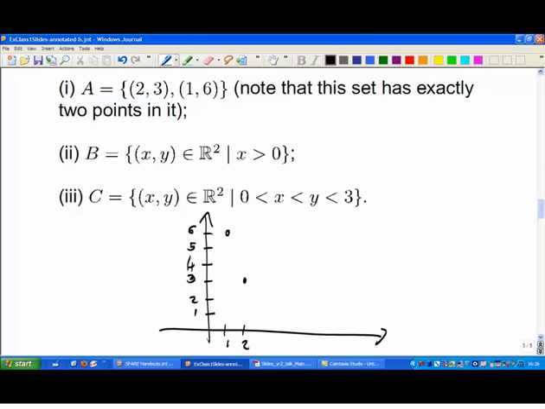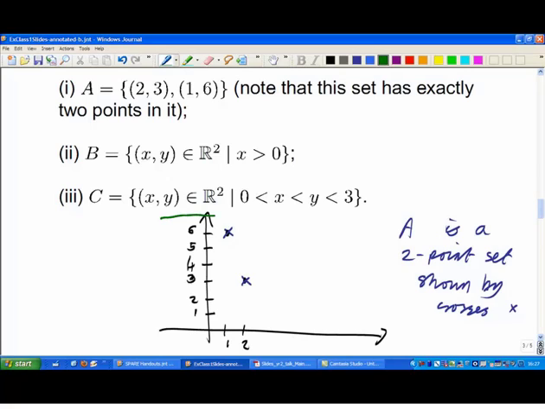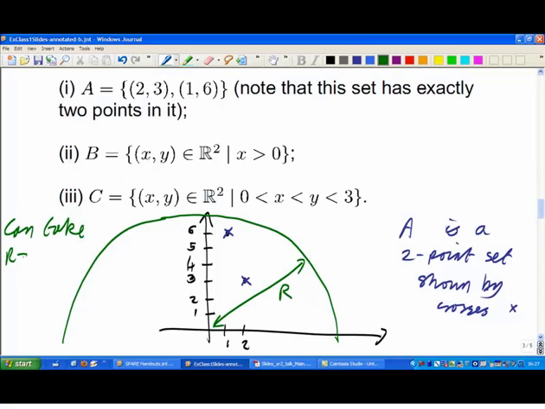Okay, so there's a point 2, 3, and a point 1, 6. Here are the points in your set. So A is a 2-point set, which means it's got 2 points in it, shown by the crosses. And now you're supposed to find a positive real number r big enough so that if you take a big ball centered on the origin, you'll get the whole of A into it. So I'll give you for free that there's only 2 points here, and if you take r to be the square root of 37 or bigger,